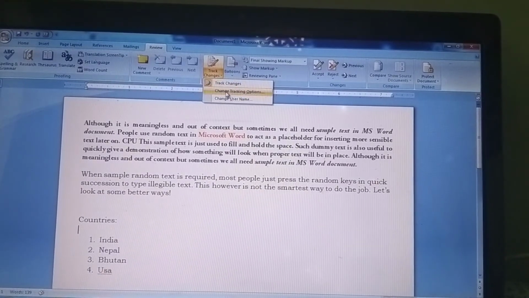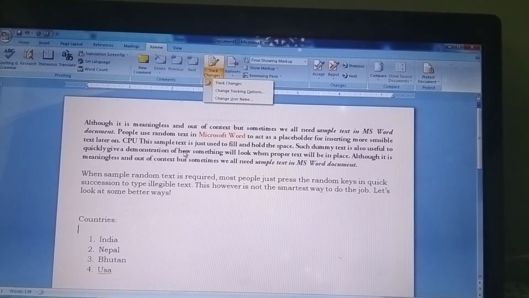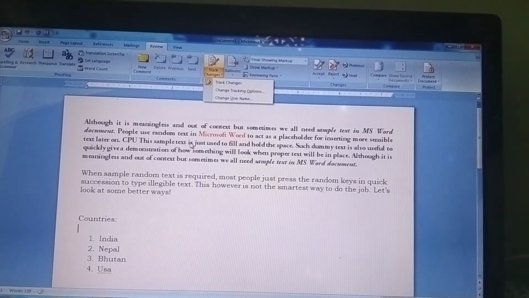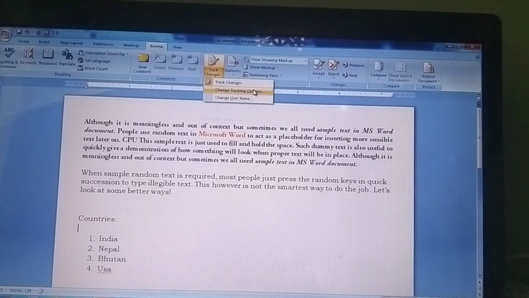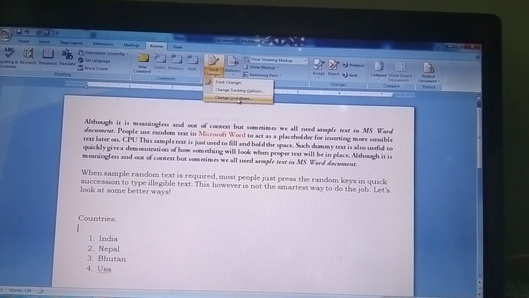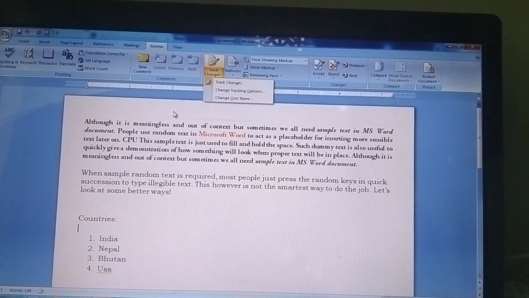If you want to change the track options, like suppose someone has changed some words and you feel that should be changed, then you can change it. Otherwise, if you want to change the username, suppose you want to set it as password protected, then you can click on this username and the password protection will apply.